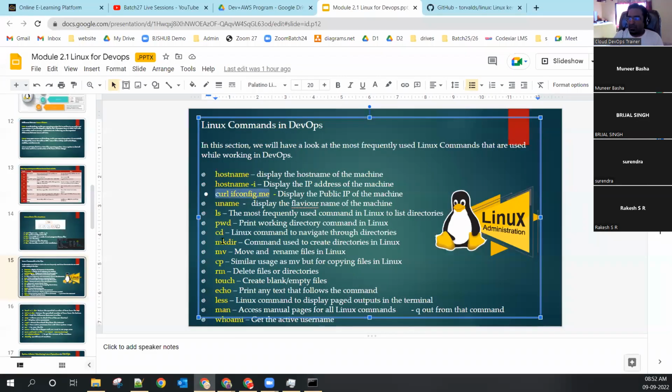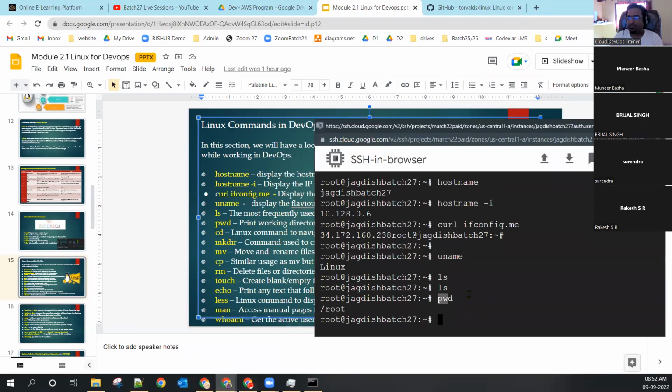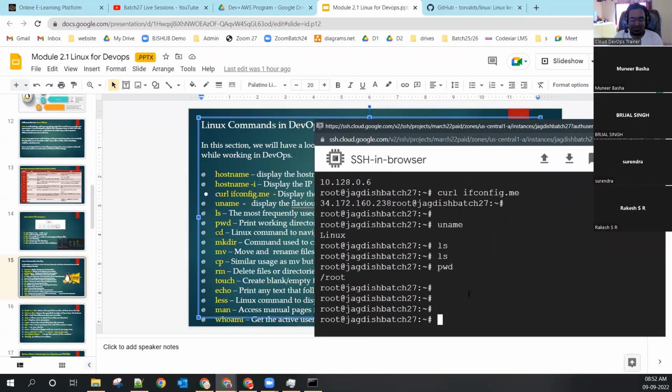Okay, next is cd. What is cd? Change directory. If I want to go to another folder, I can run the cd command and go into that folder. But at this point, I don't have any folder. I have to create a folder. If I want to create a folder in Windows, how can I create it?